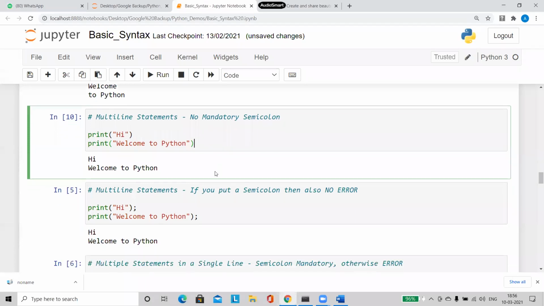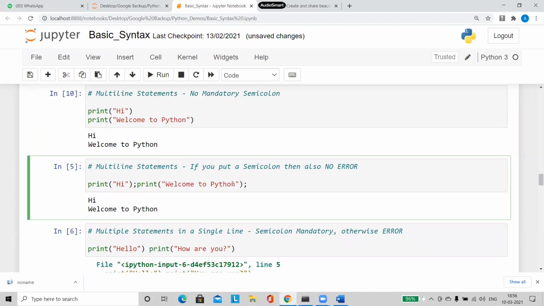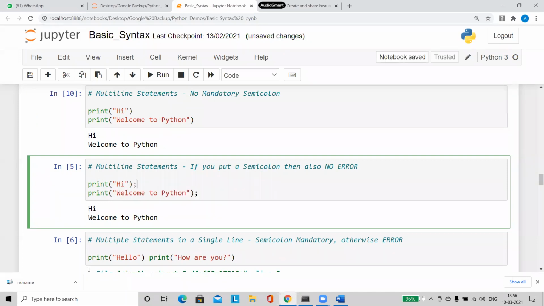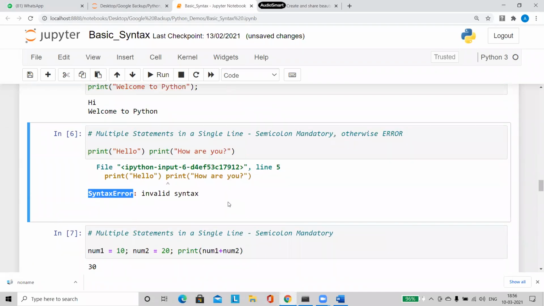So writing the code is very, very easy for me. Right. So the next important point you have to remember is when you're writing statements like this. Say I am writing the program in one single line. I have two print statements written in one single line. So now what is going to happen? It is going to throw you an error. When you run a program like this, it throws a syntax error saying invalid syntax. Let me run it again and show you.